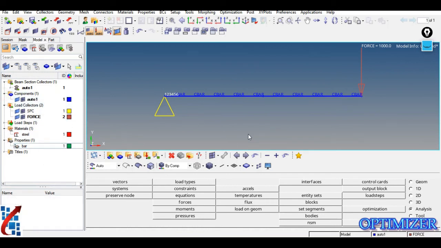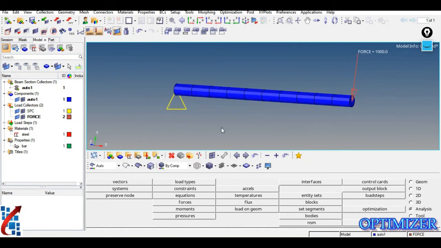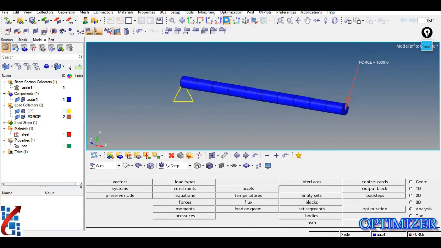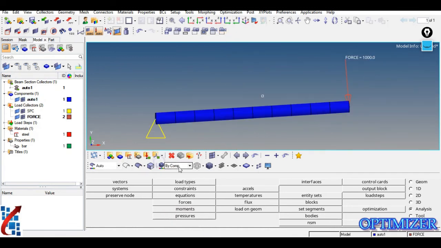And one more thing, you need to check whether the cross section is assigned or not. So for that, just go to this, select the 1D detail element representation, and just click on this one. Okay, so it is there. Now one more thing you need to check is the orientation. So for that, take this XY, YZ plane; just see, along the Y direction we have applied force, so that is okay.